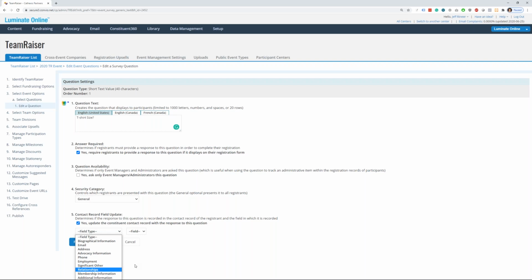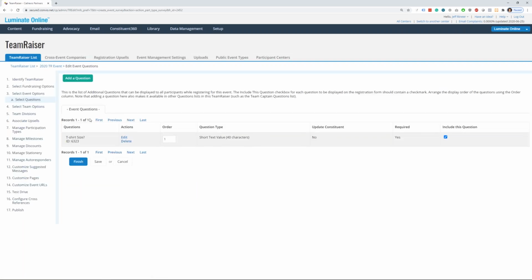You can find it super beneficial for a myriad of applications. There's far too many to really get into, but just be aware that our custom questions can be leveraged to update the constituent record in addition to simply storing this value with the registration record, the TeamRaiser registration record, that is. So once I've finished creating my question, I click on Finish, and it will bring me back to the